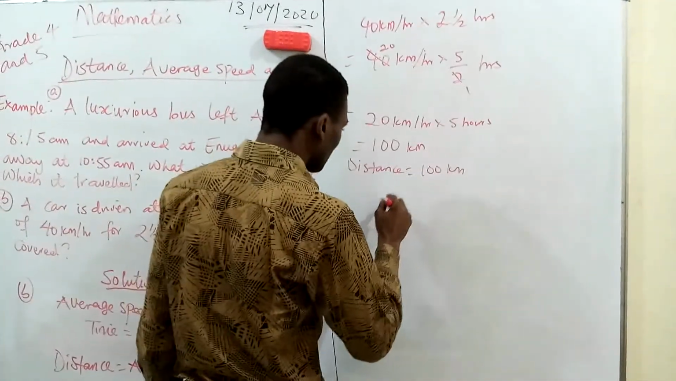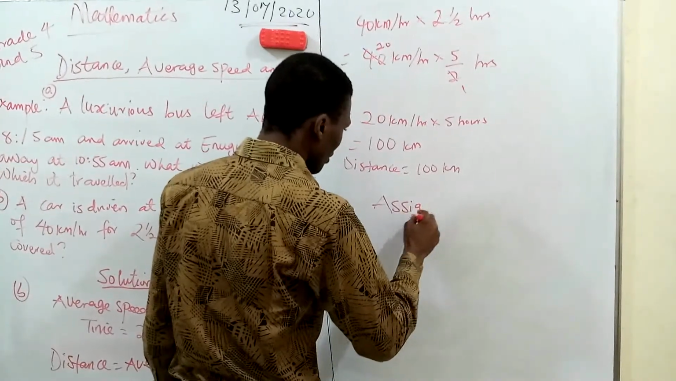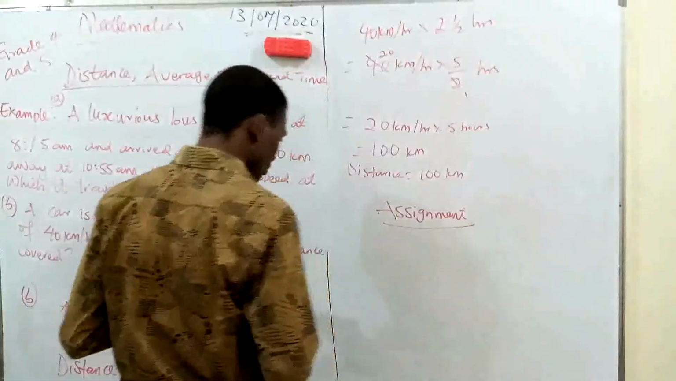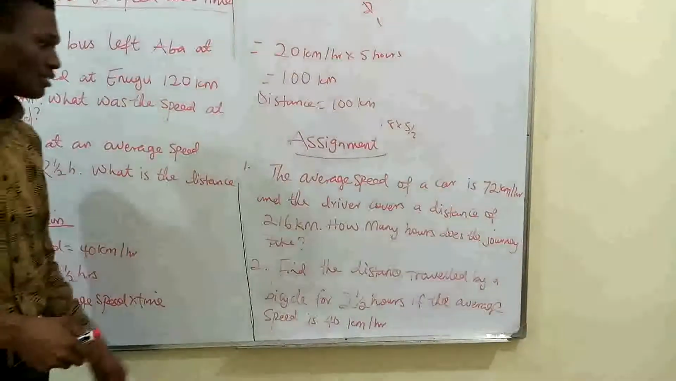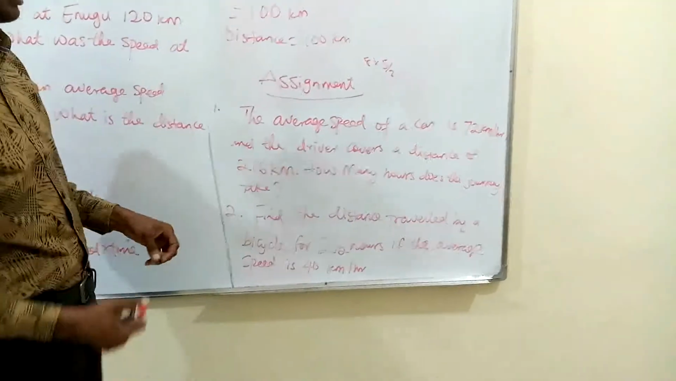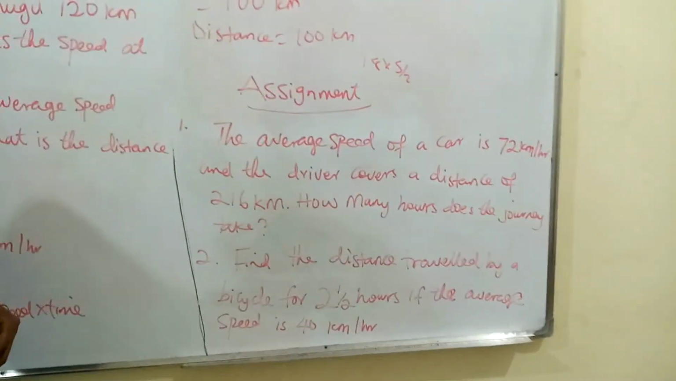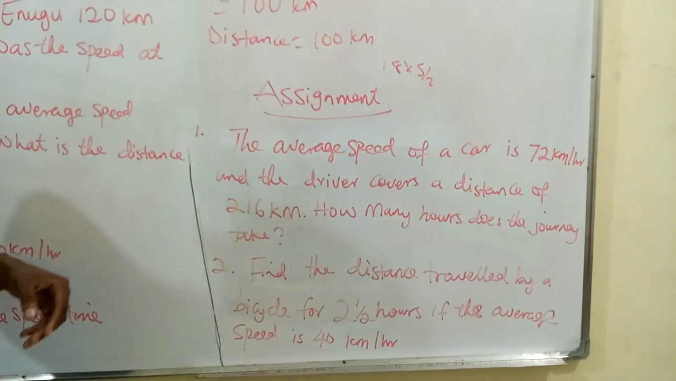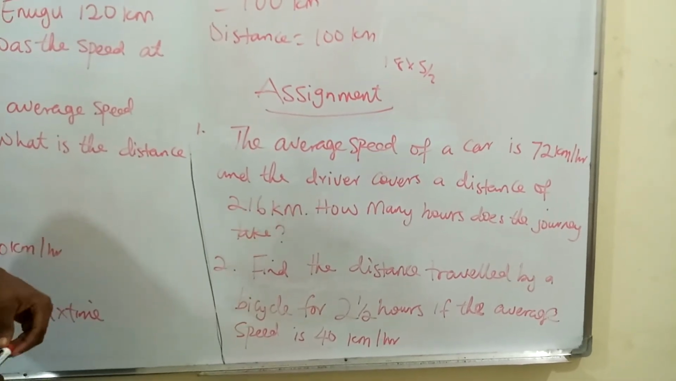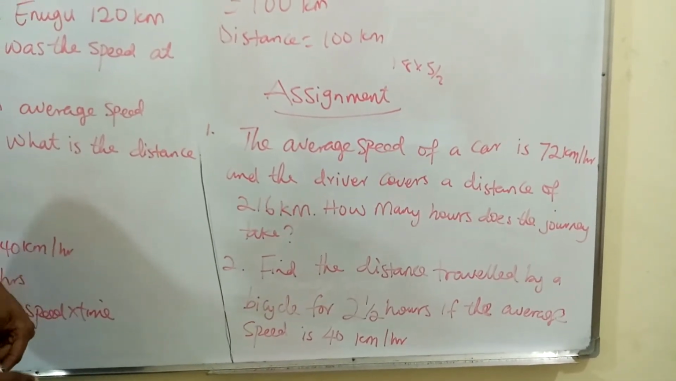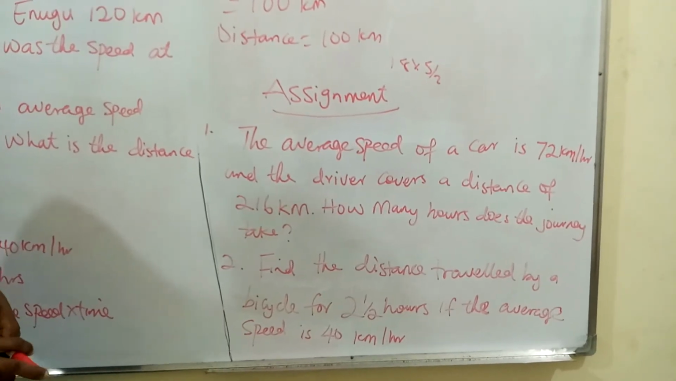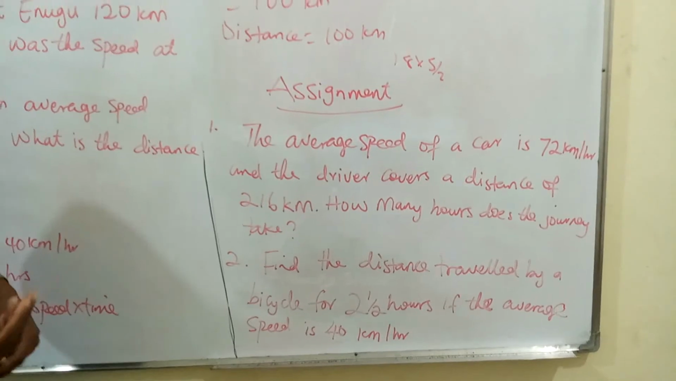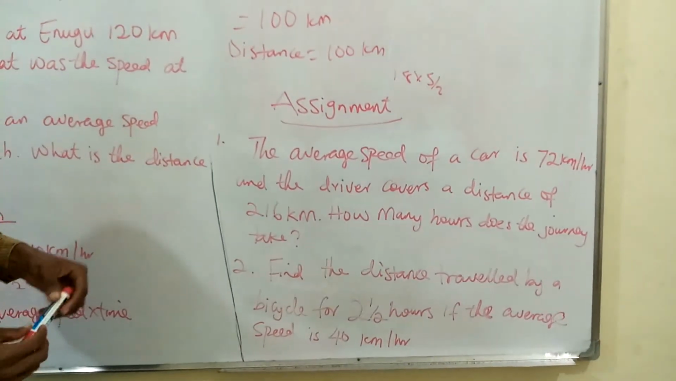I will now give you an assignment. The average speed of a car is 72 kilometers per hour and the driver covers a distance of 216 kilometers. How many hours does the journey take? Find the distance traveled by a bicycle for 2.5 hours if the average speed is 40 kilometers per hour. So that's the 2 assignments you will do and submit